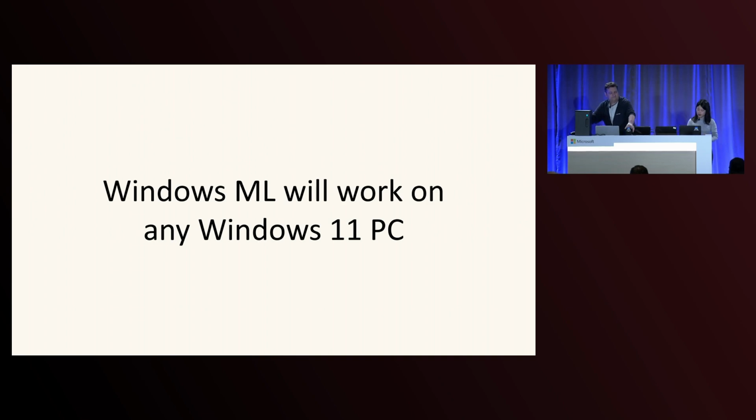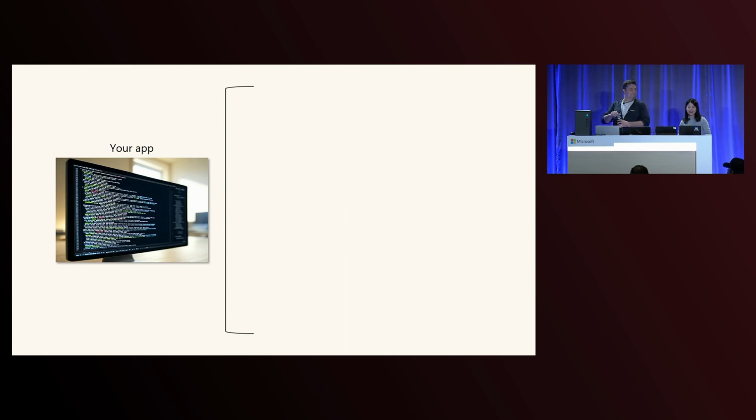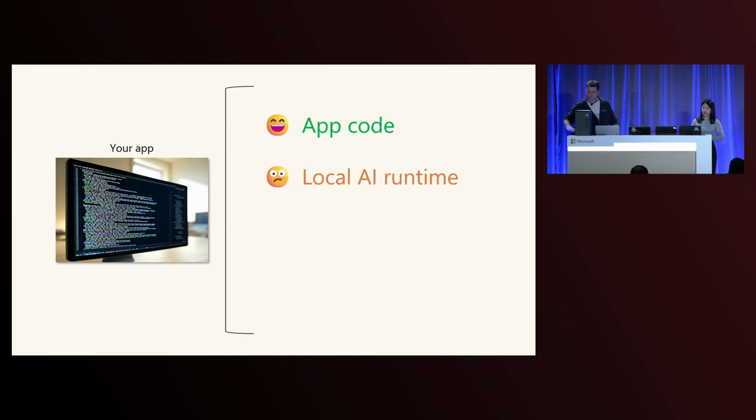Sure. All right. So let's discuss how Windows ML can simplify the task of obtaining, deploying, and managing app dependencies. We know you want to focus on your app code because that is the value you're trying to bring to your customers. But the status quo today is that you also need to grab an AI runtime out of a sea of complex options, and that runtime becomes part of your app, where the burden of maintaining it falls on you. These AI runtimes can also require additional add-ons for talking to a specific type of AI hardware, such as the ONNX execution providers, further bloating your app.